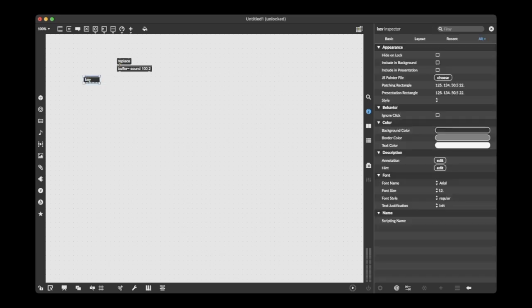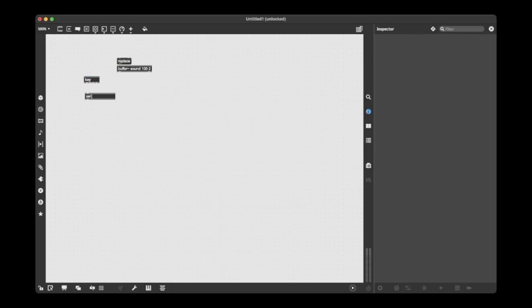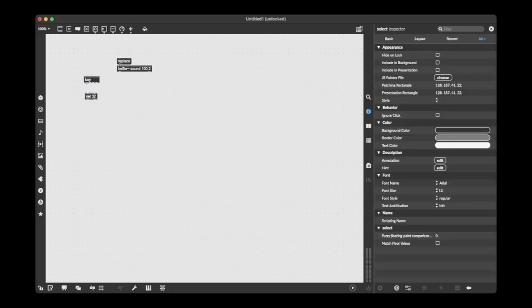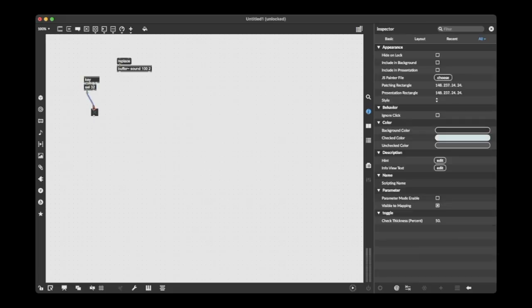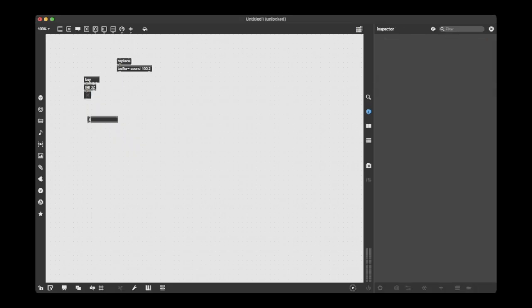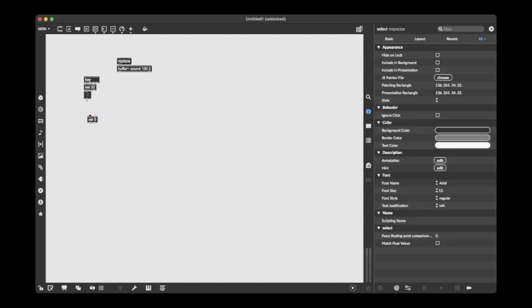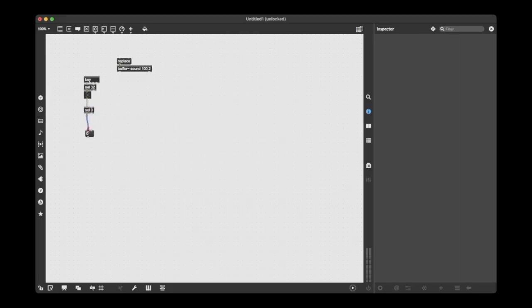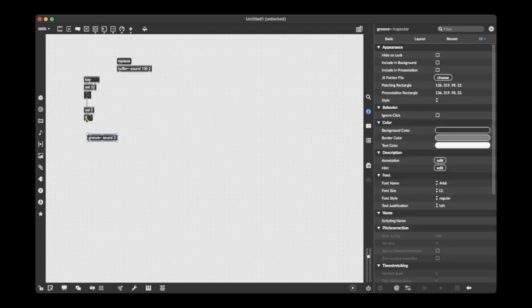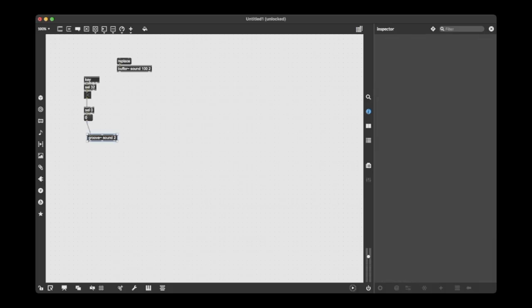Then we're going to make a key object which gets inputs from your keyboard. We're going to make it select 32, which is the code for the spacebar. We shall make a toggle. We'll make a select 0. This will be important. Send that to a message of 0. And then we'll create a groove object called sound with two outputs. The 0 from the select 0 will go into